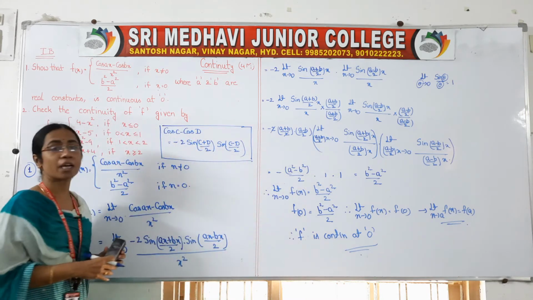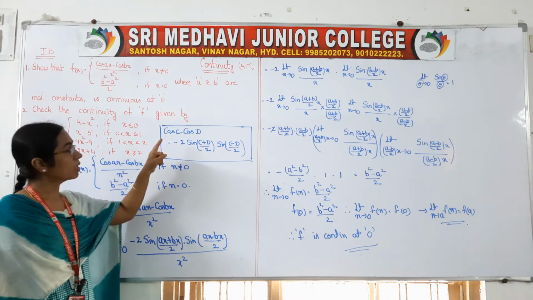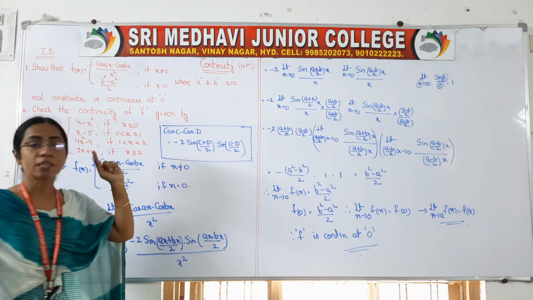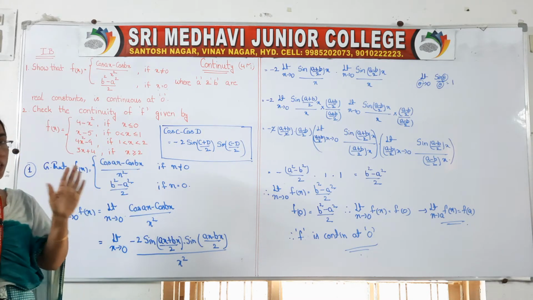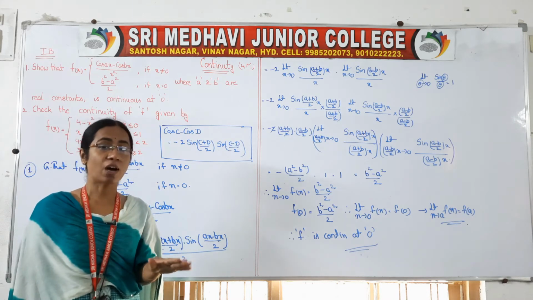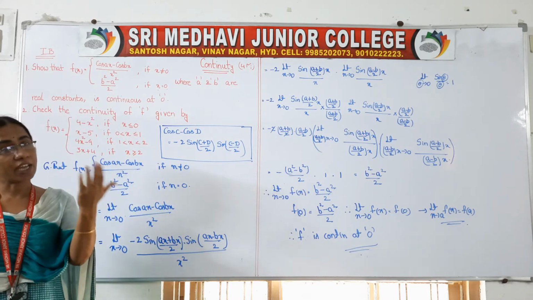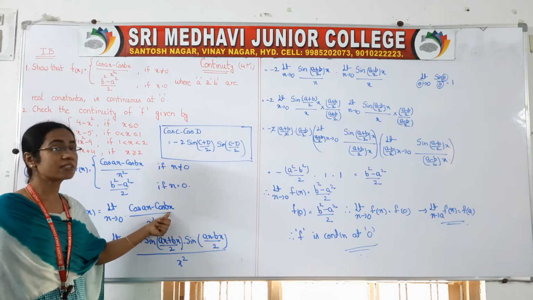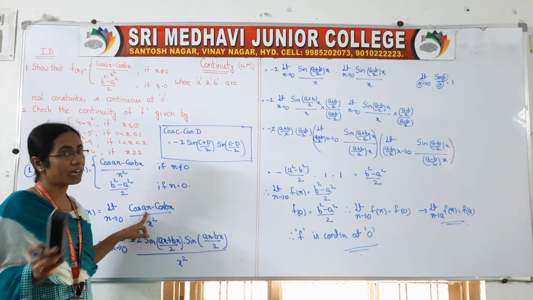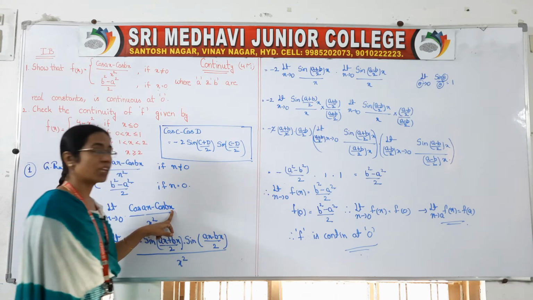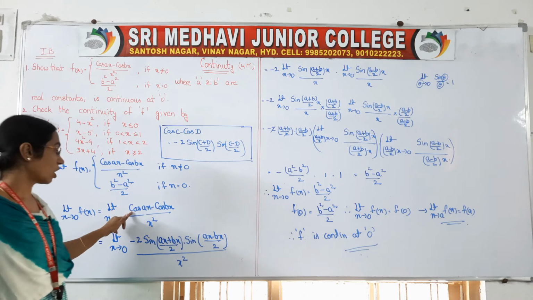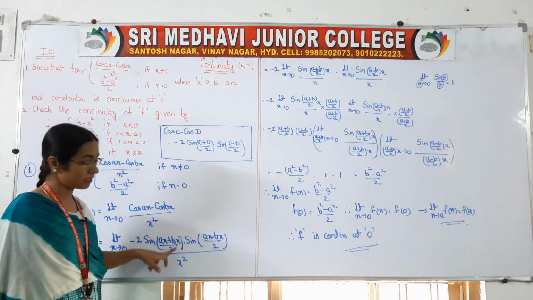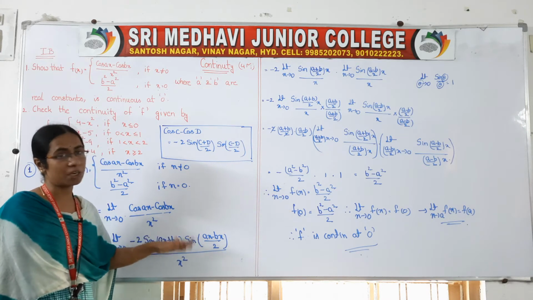It is cos c minus cos d. So cos c minus cos d is equal to minus 2 sine of (c plus d) by 2 into sine of (c minus d) by 2. Formulas mean general form; instead of c and d, we can have any value. Here, in cos ax minus cos bx, instead of c we have ax, and instead of d we have bx. So it is in the form minus 2 sine (c plus d) by 2 into sine (c minus d) by 2.